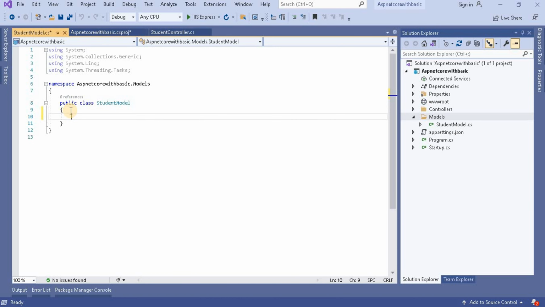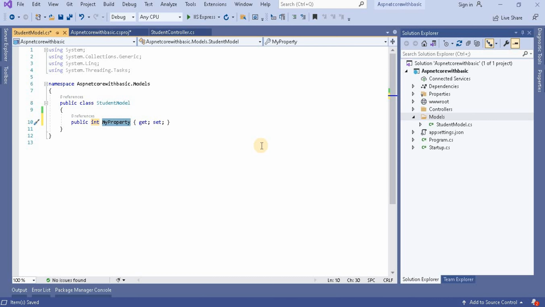Here now I'm going to create a couple of properties. The shortcut for creating a property in ASP.NET classes is to write prop and press Tab twice. If you do that, it will create a property for us, and as per your requirement, you can change the data type and the property name. If I press Tab again, it will move to my property, and here you can give your property name.